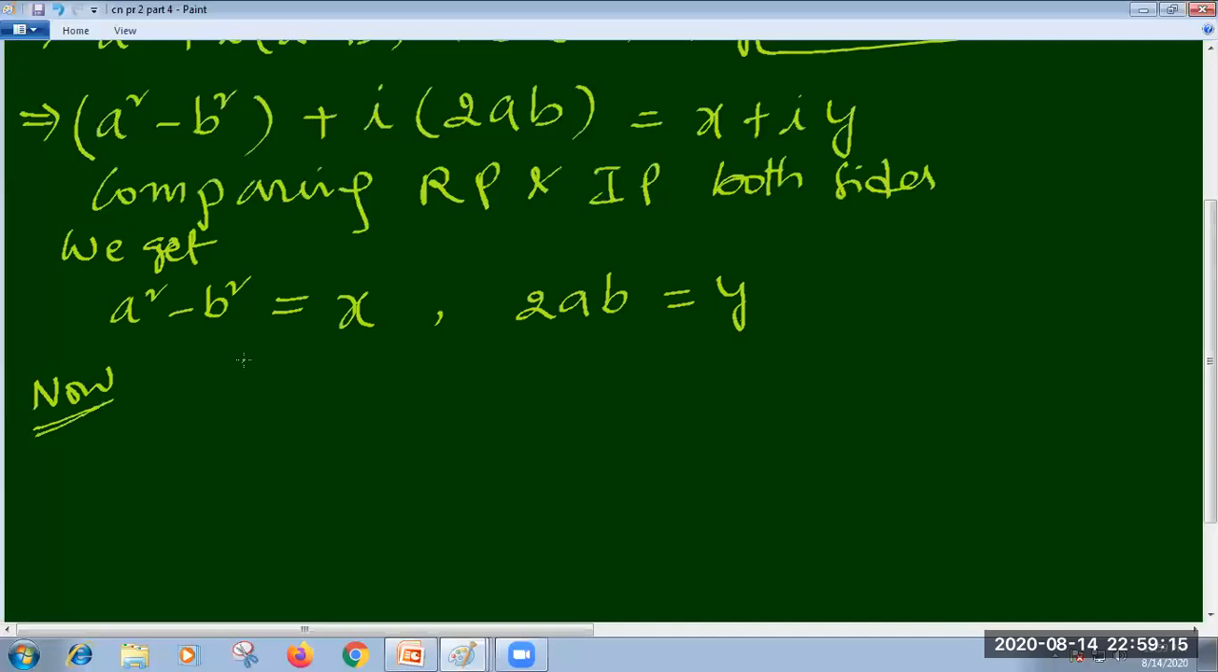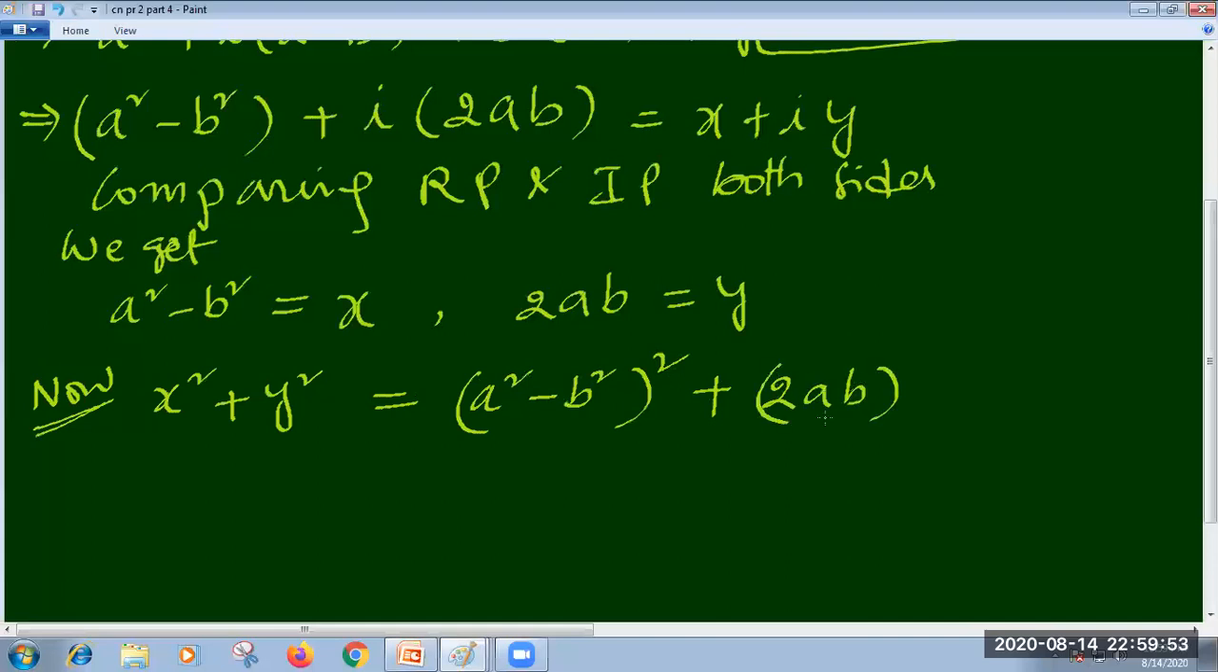Now we have to find the value of x square plus y square, so this we have to find. So in place of x and y, substitute these values. x is a square minus b square, so this is a square minus b square whole square, plus y square, y value is 2ab, so this is (2ab) square,